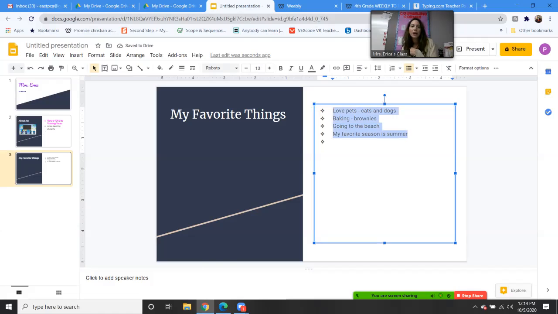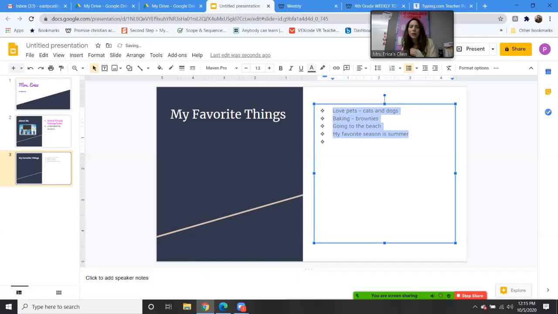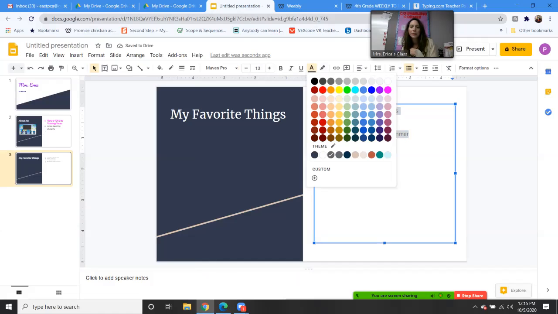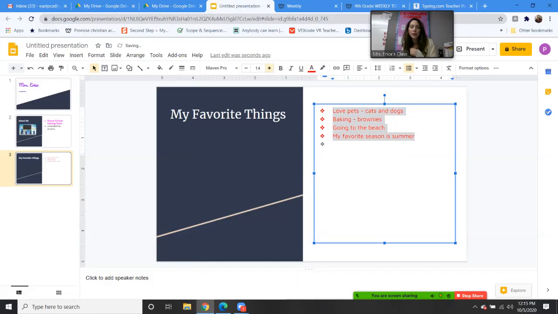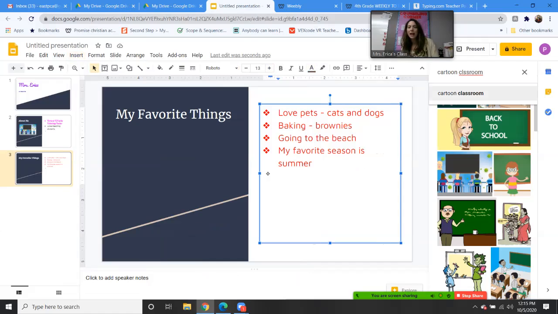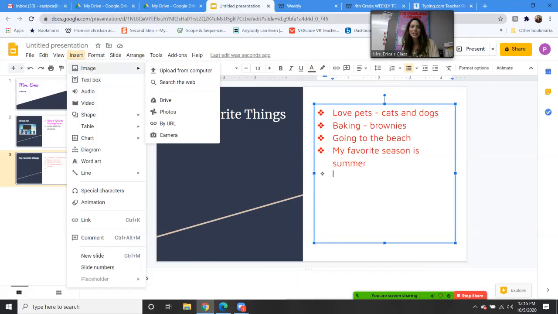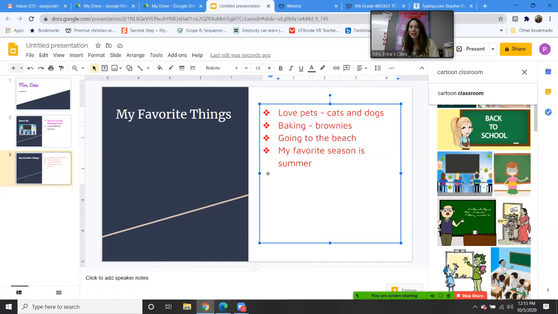And so again, you can change your font. You can just have fun with this, guys. Playing around. There's so many cool things you can do in here. I'm just kind of doing this as an example. But now what I might want to do is go to insert images, and I could search the web again, and let me search for a few animals, because I really want to add that into my